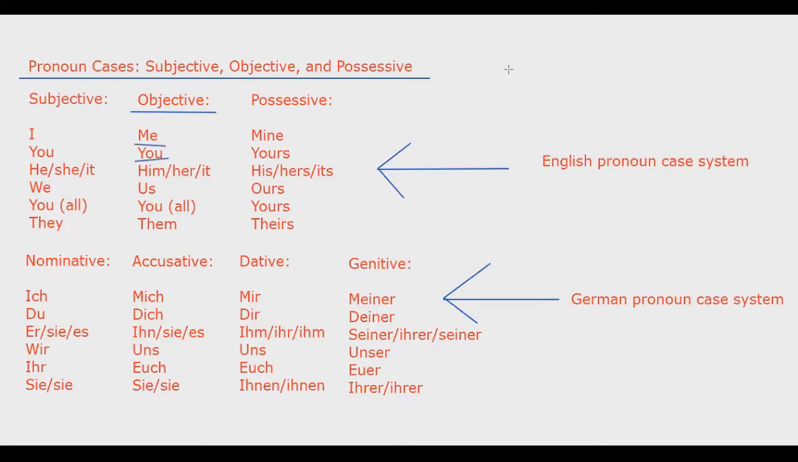So, why did I erase all that? Let me not erase all that yet. Okay. So an example for the objective case would be when something is the direct object of a sentence or the indirect object of a sentence. So, for example,